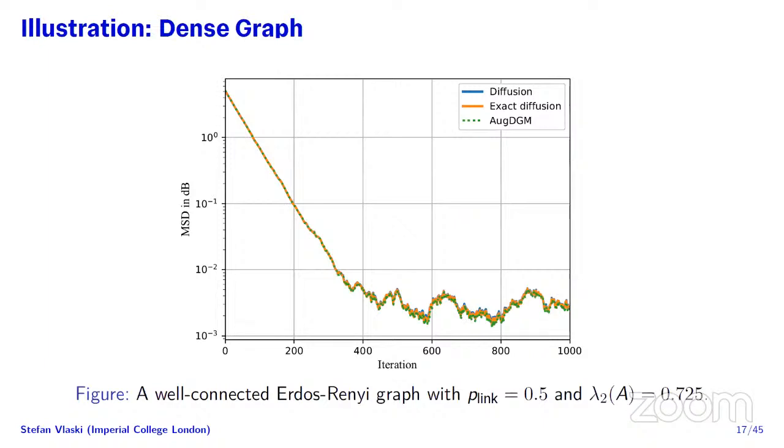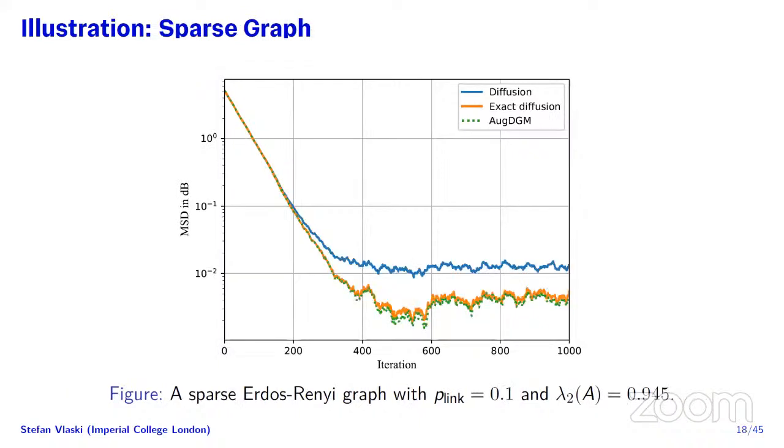Okay. And then just to illustrate this point about dense graphs, in this case, I've generated an Erdős-Rényi graph where the link probability is 50%. So you end up with a very, very dense collection of agents. Then there isn't really much of a difference in performance between the different algorithms. And in fact, all of these are going to match your centralized baseline. Okay, whereas as your graph grows sparser, you're going to lose performance for all algorithms across the board, but your penalty-based algorithms are going to suffer more. Okay, so this